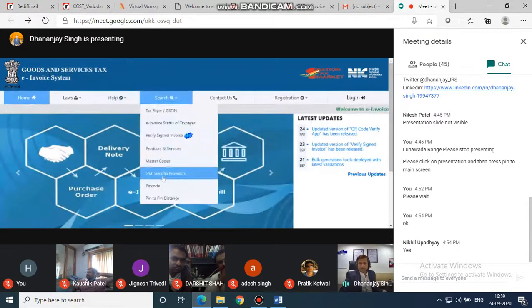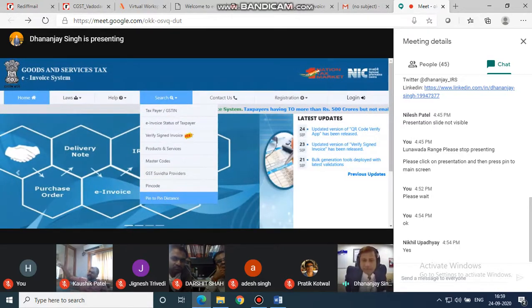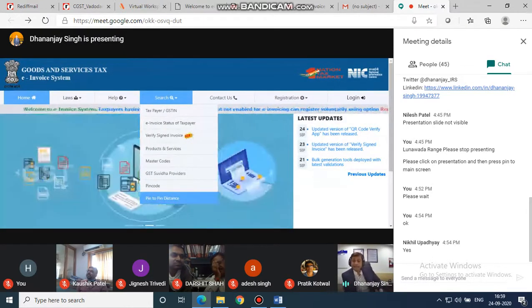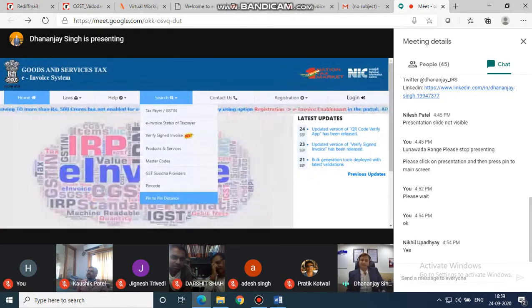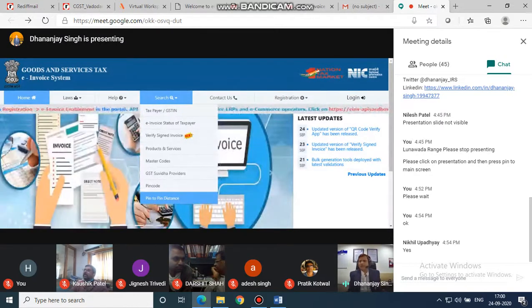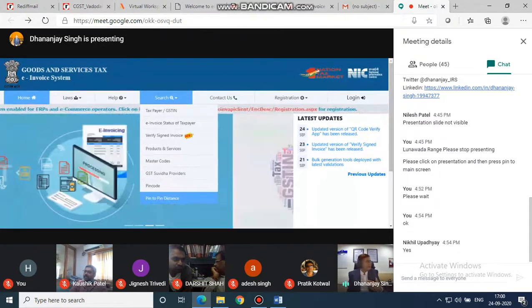So another important enablement which the NIC, the National Informatics Centre of the Ministry of Electronics and Information Technology of the Government of India, has given is another very important facility to the taxpayer at large, that is pin-to-pin distance. When a taxpayer or a stakeholder is generating an electronic way bill, e-way bill, then in some cases we may not know the distance from one place to another. So for that, pin-to-pin distance can be taken from this.